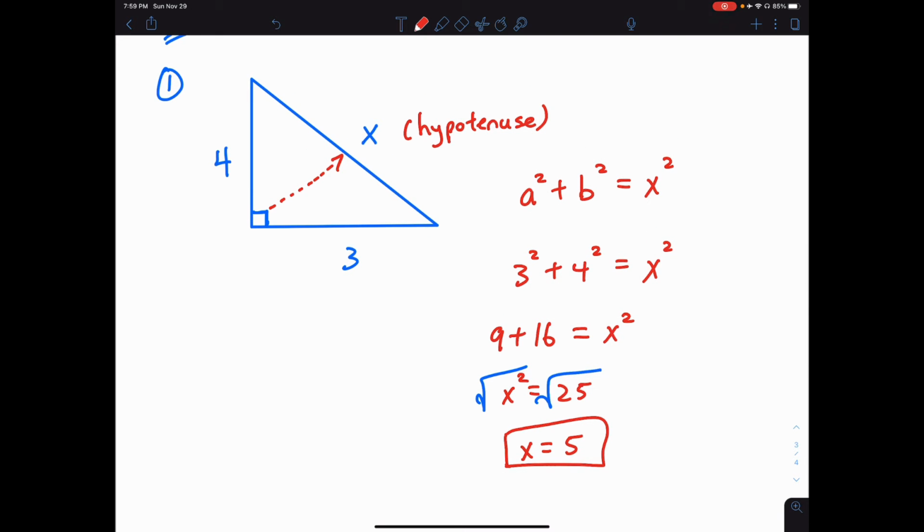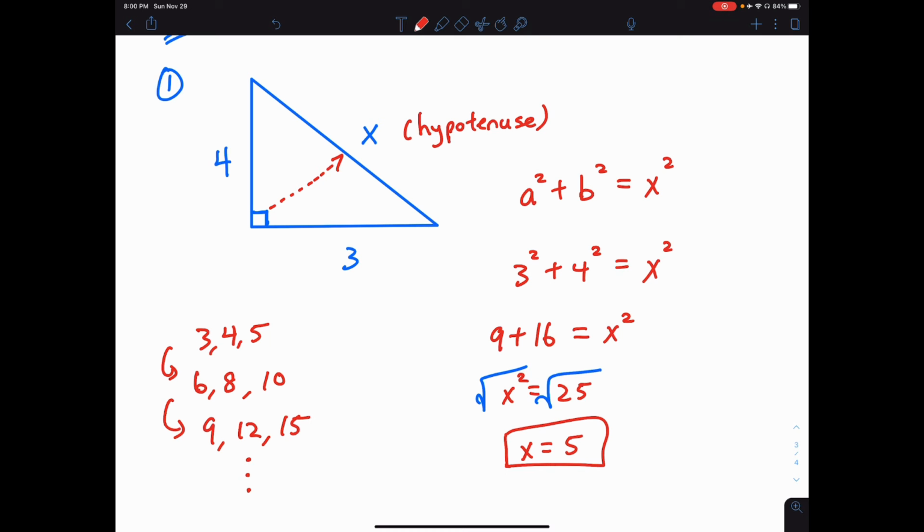Now the answer here is 3, 4, and 5. So this is a special version of the Pythagorean theorem. So 3, 4, 5 patterns, we can see that we can use this over and over again, and you can check for yourself that if we had 3, 4, 5, any multiple of this would also work in the future. For example, we can also have 6, 8, and 10, or we can have, for example, 9, 12, and 15, and so on and so forth. So as long as it follows this ratio of 3, 4, 5, this is a quick way to figure out